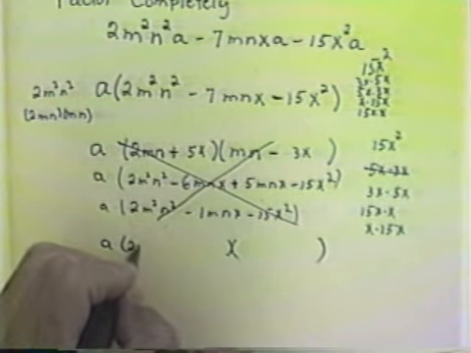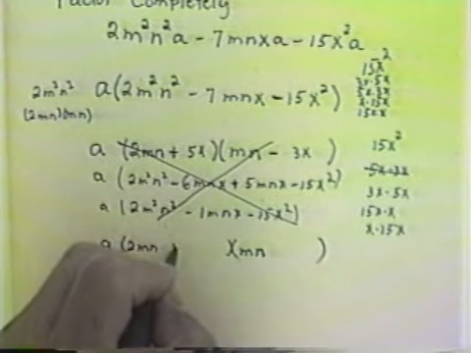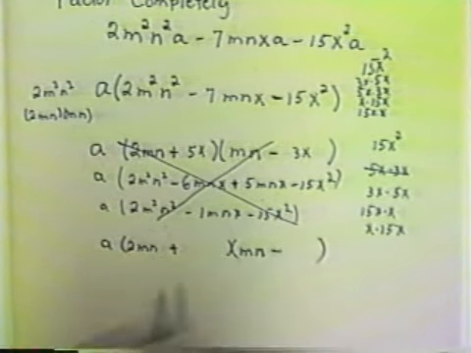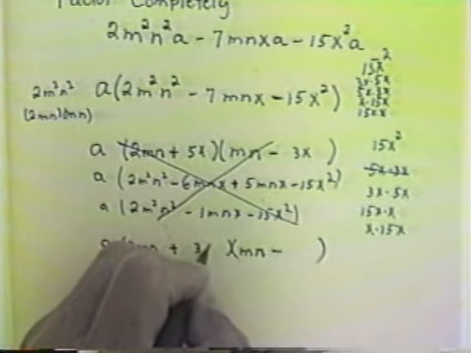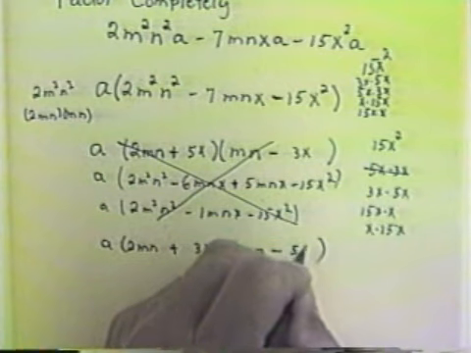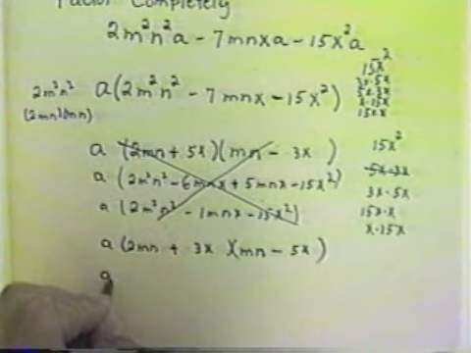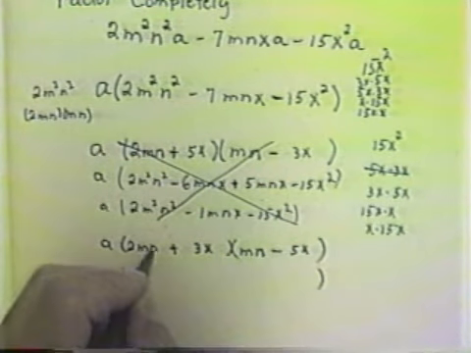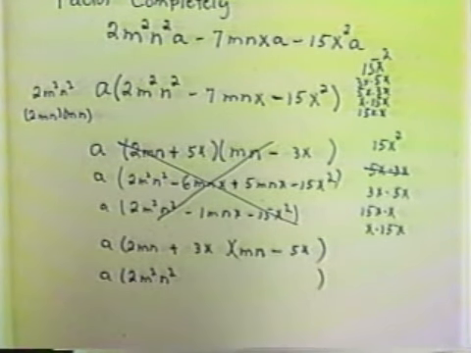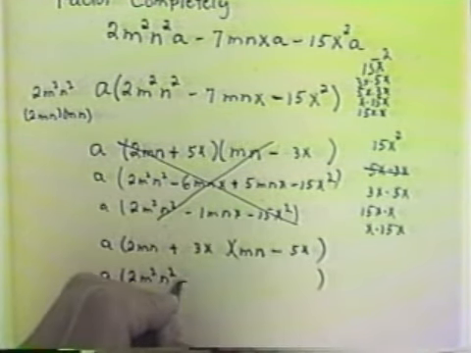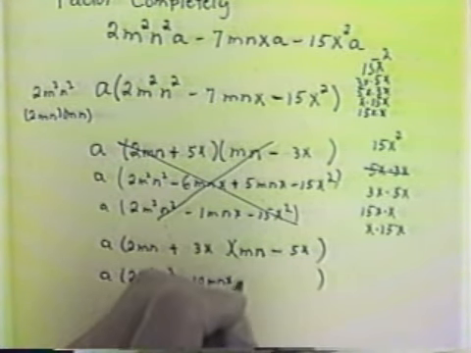We know that it's going to be 2mn and 1mn. We know the signs will be different. And since 5 and 3 didn't work, let's try 3 and 5. So we'll try 3x and 5x. So it'd be a times, now 2mn times mn is 2m squared n squared minus 10mnx plus